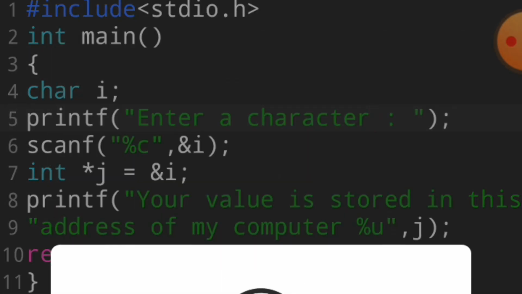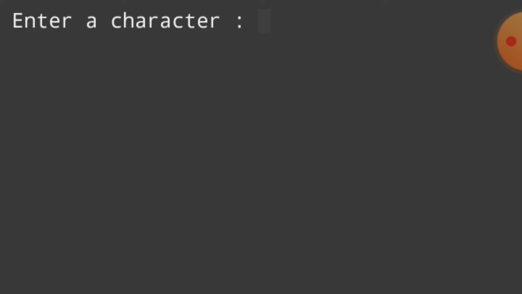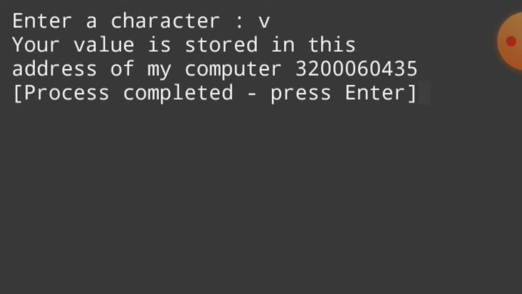If I write C, then 3200060434 in this memory location, the value of the character is stored.